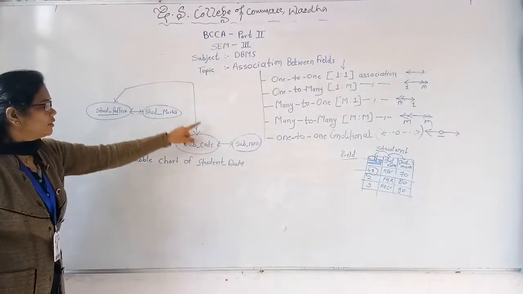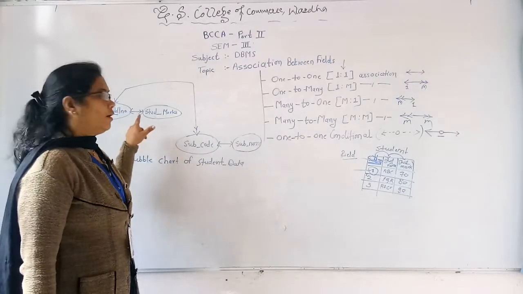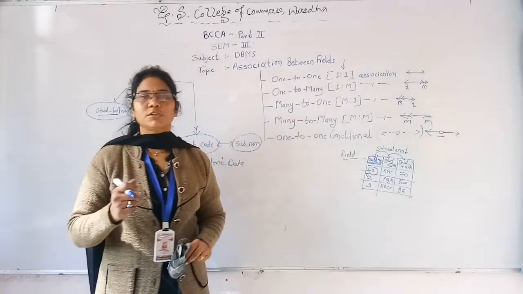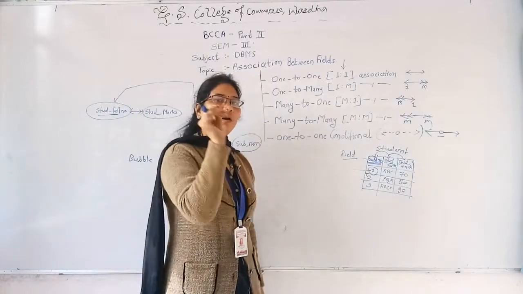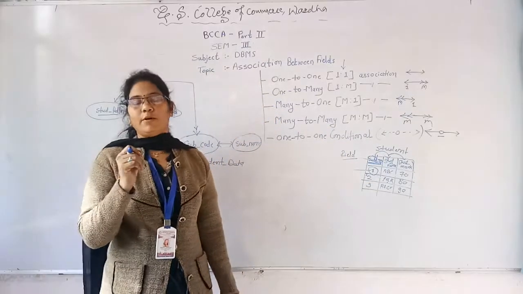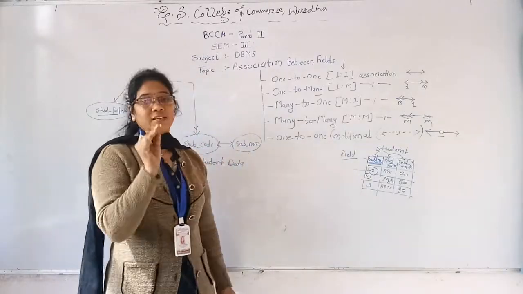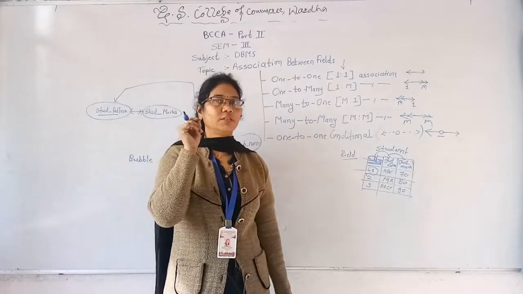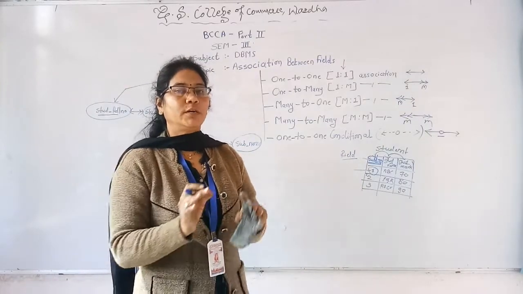We use those symbols for connecting the attributes or fields of an entity or a table. By using this, we can design the bubble chart of the fields. Why is it used? 1:1 association means one field is linked with only one field of that file. For example, your enrollment number and student identification. In a university, your enrollment number is the primary key which identifies the particular one student's data.